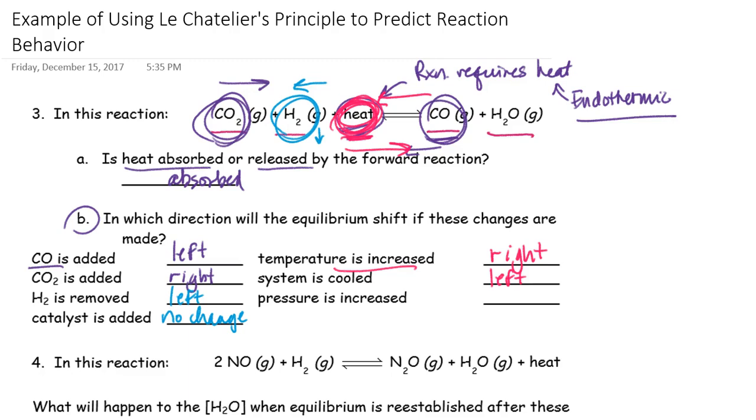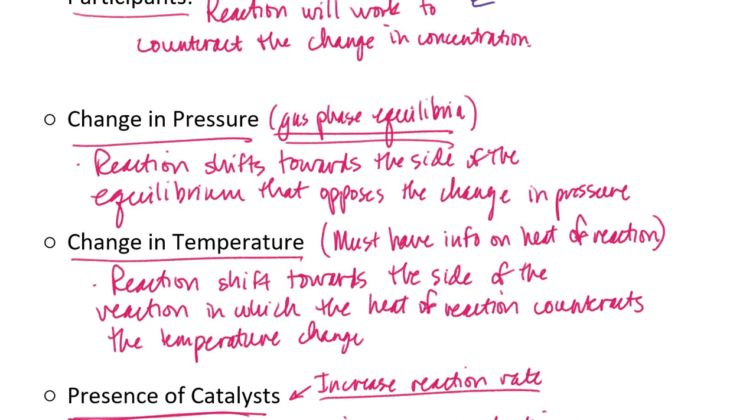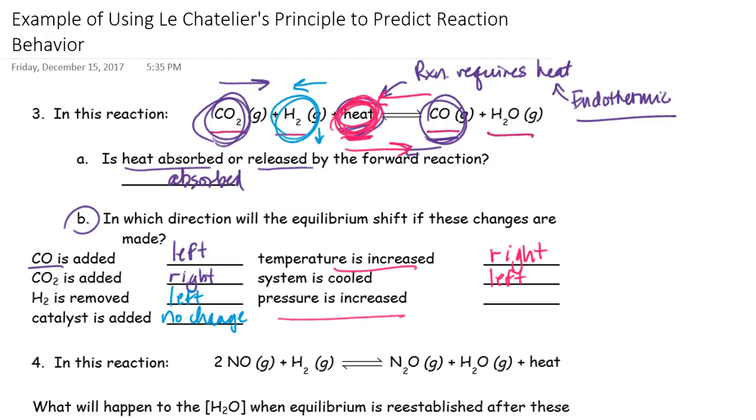And lastly, they're asking, well, what happens when the pressure is increased? If we check our postulates of Le Chatelier's principle, the reaction is going to shift towards the side of the equilibrium that opposes the change in pressure. And that actually involves the number of moles of gas. The way that works, if the pressure is increased, then the equilibrium system will want to shift